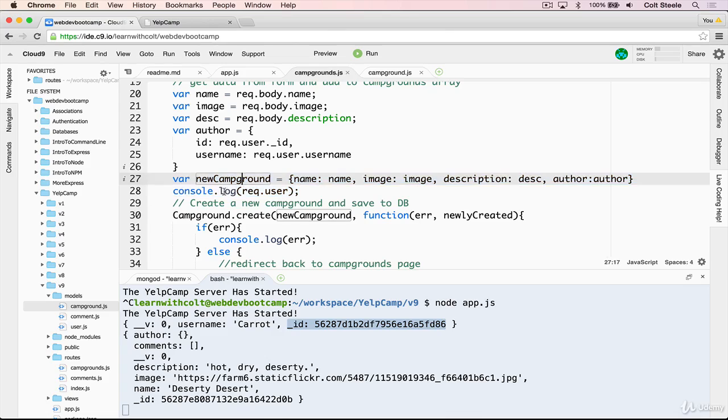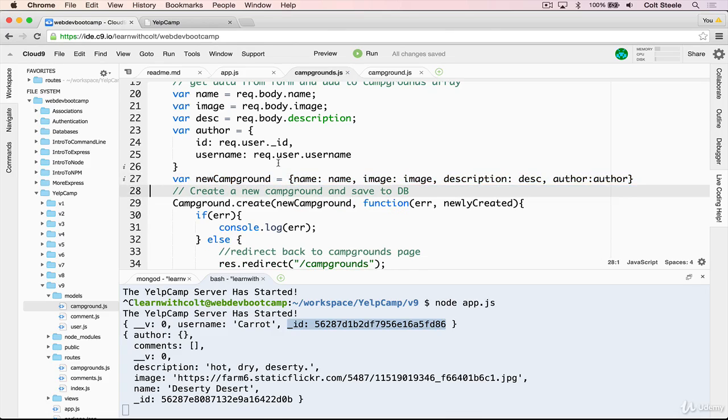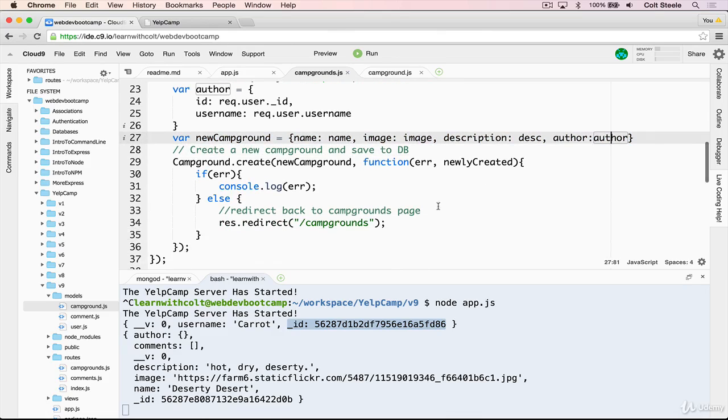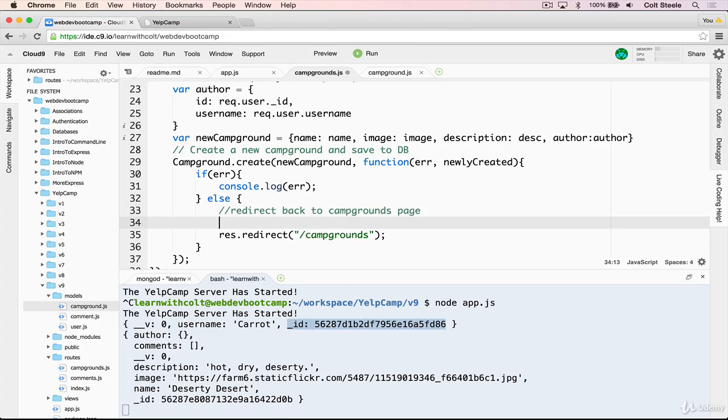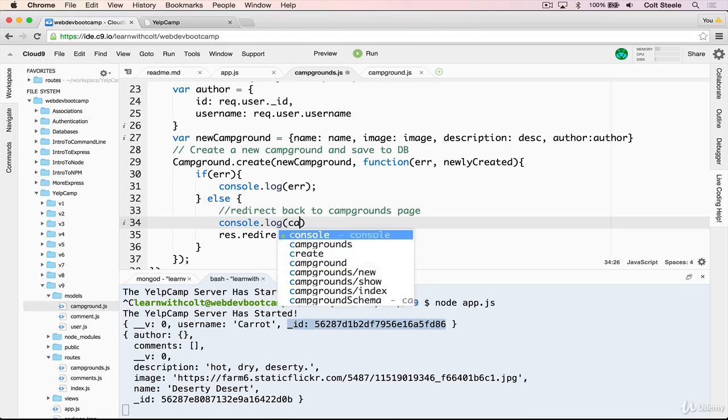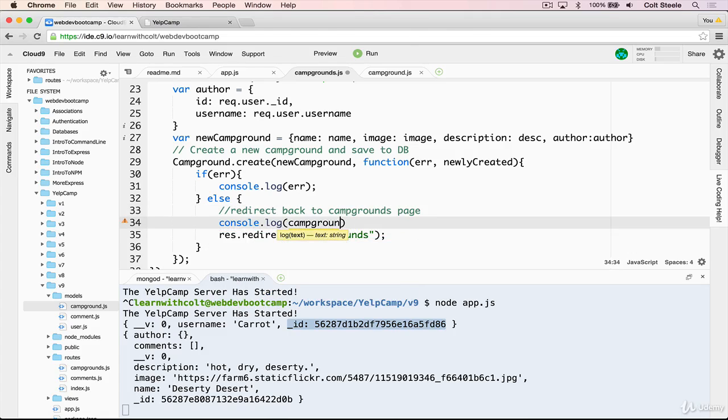So let me get rid of this console.log now. We're now adding in that user data and we should be good. So let's see how it goes. And to make sure that it works, let's do a console.log here of that campground, which we're calling newlyCreated. That's what's coming back from the database. And hopefully we see our author data in there as well. So restart,